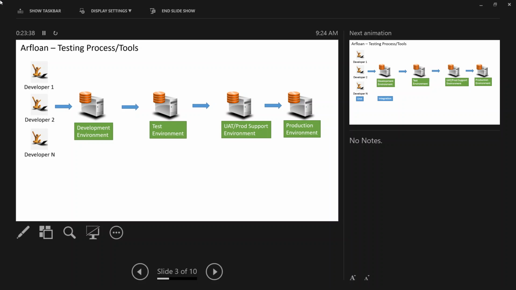So let's say developer 1 is working on lender management. Developer 2 is working on login. Developer 3 is working on dealer management, right? So they are writing the code on their machine, just like the laptops you have. Everybody has a laptop. They will be writing the code here, here, here. Now, at some point, they have to integrate all the code, because they are writing only for their specific module. So typically by end of the day, they will check in the source code and deploy to the development environment.